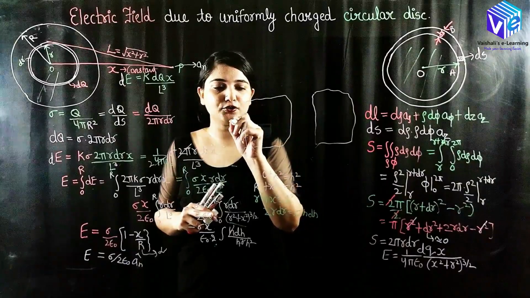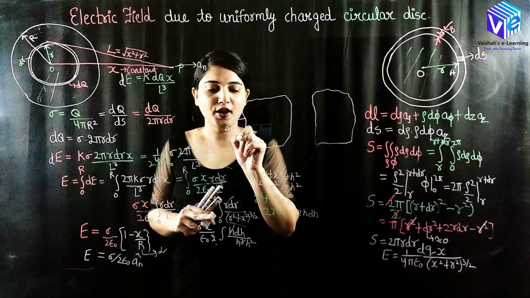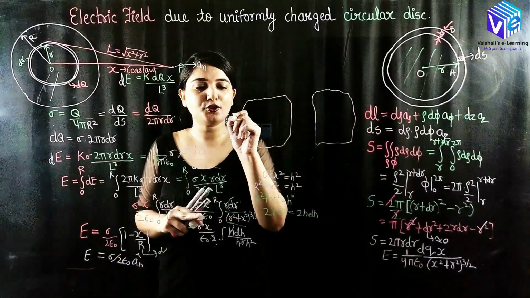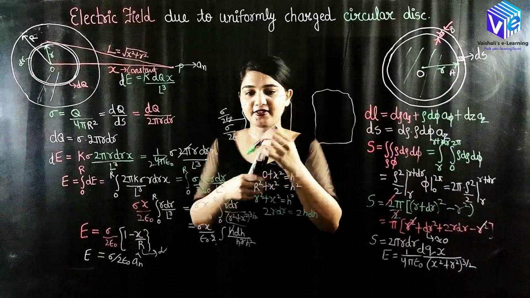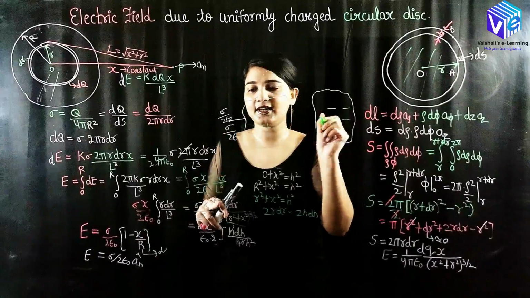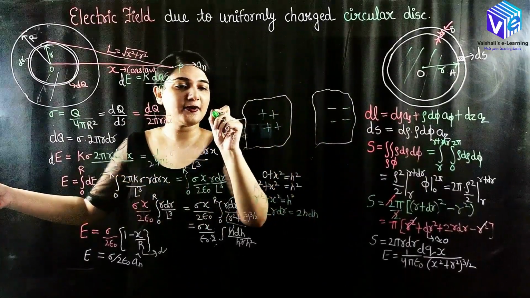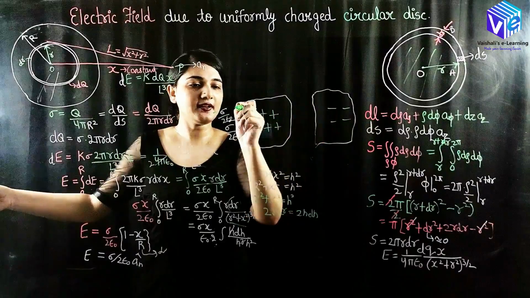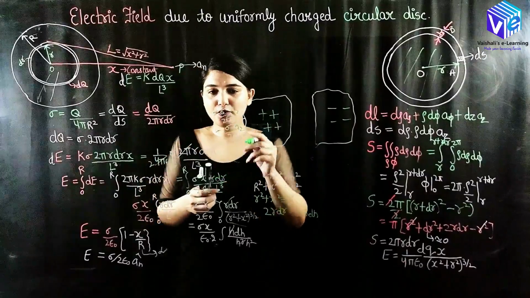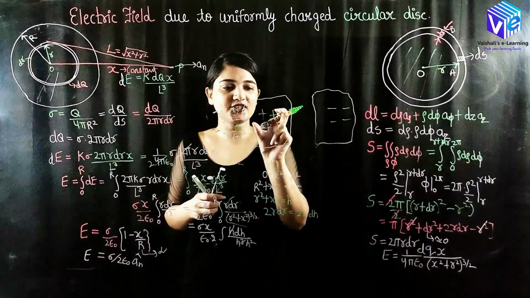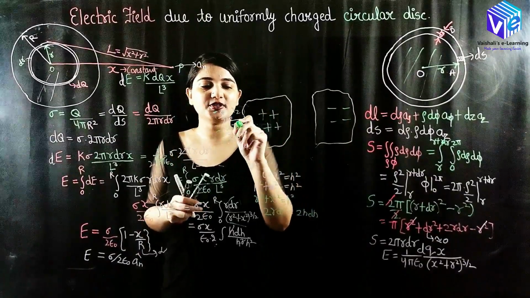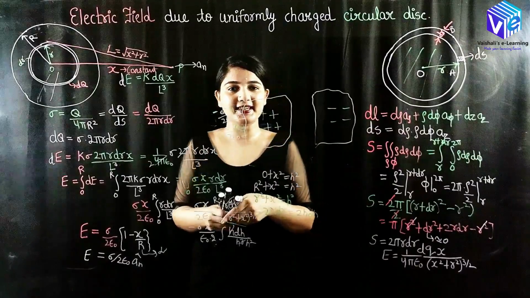So the electric field due to this sheet will be sigma upon 2 epsilon naught. The electric field due to this sheet will also be sigma upon 2 epsilon naught. But if I have taken the charges here to be positive and the charges here to be negative, so due to this I will be having the direction in the negative direction, and here also I will be having the negative direction. Now sigma is dependent upon the charge. Here the charge is positive, here the charge is negative. So we will be having two equal and opposite electric fields which will be cancelling out each other.